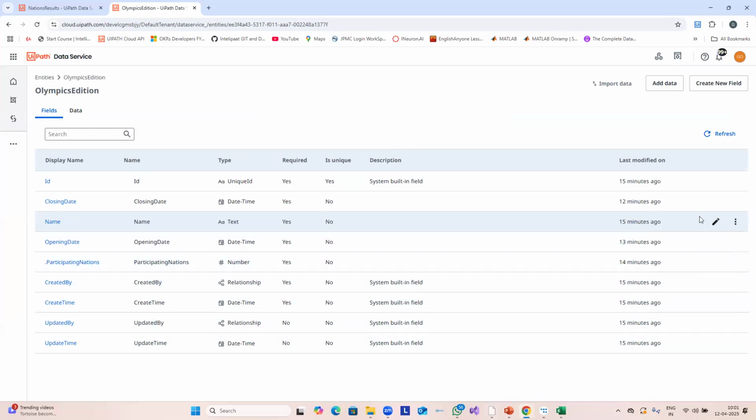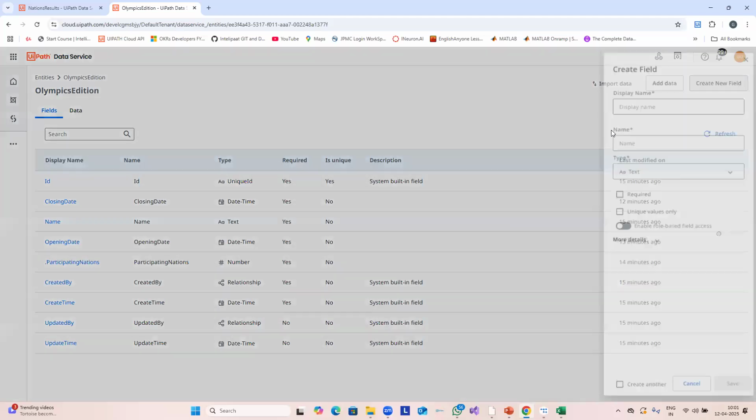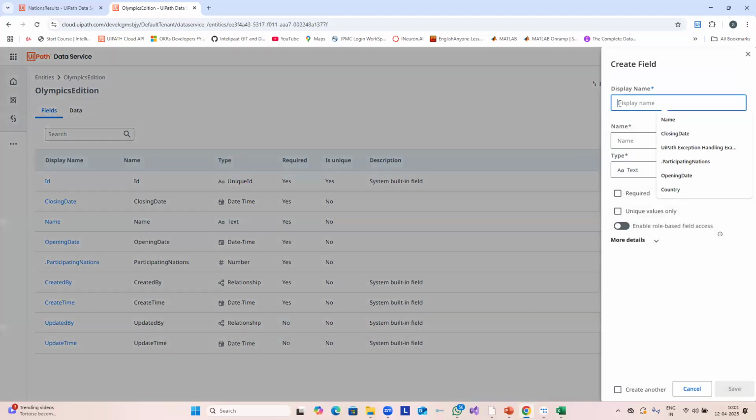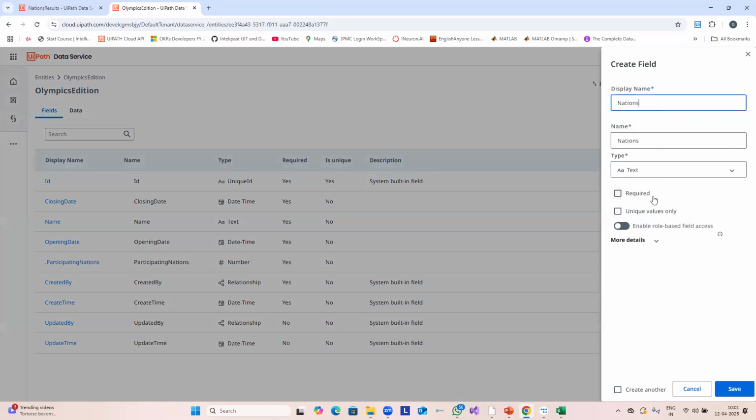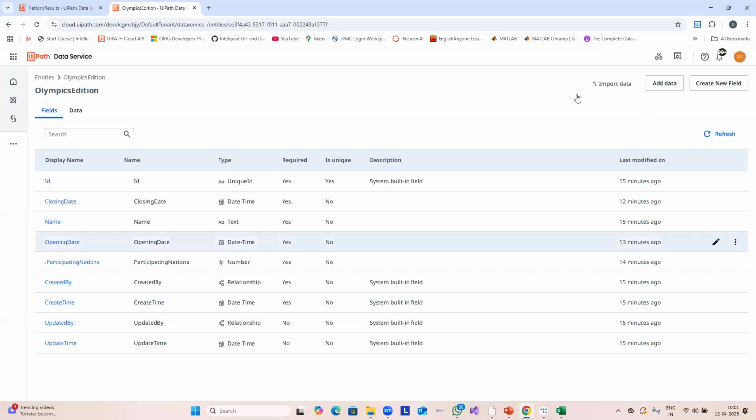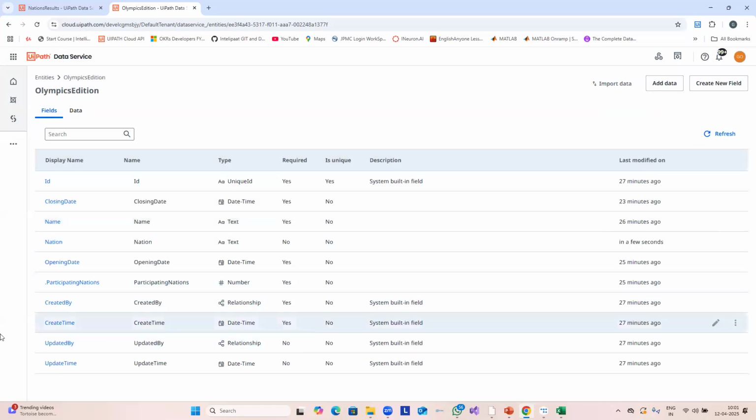Let's do one thing. We create one more field over here. First of all, nation. Which nation it is, basically that will provide us. And then one more thing we can do